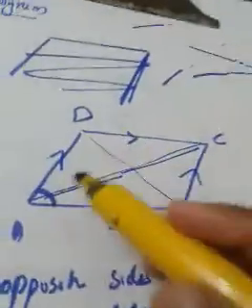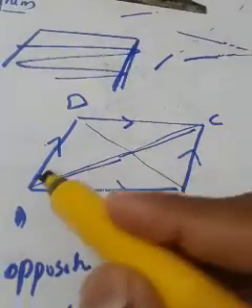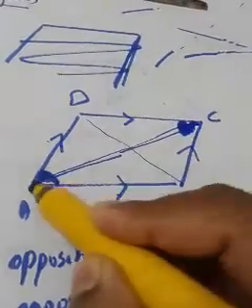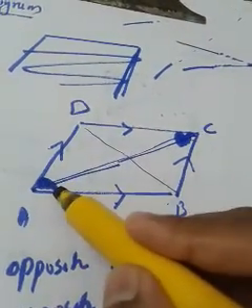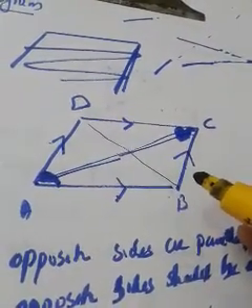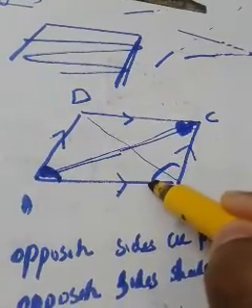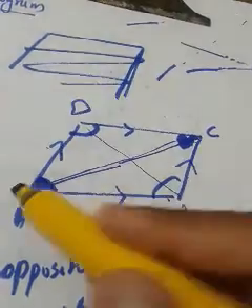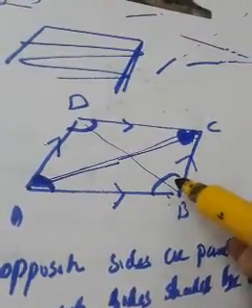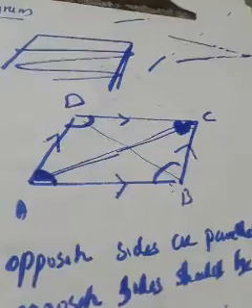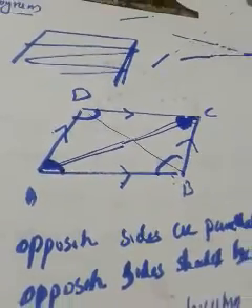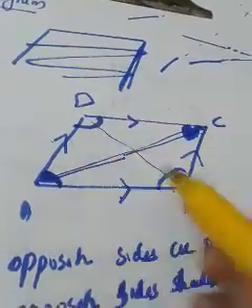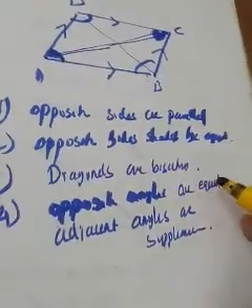It means that in a parallelogram, opposite angles are equal. Which is the opposite angle of A? Angle C. That means angle A and angle C should be equal. It means if it is 30 degree, it also should be 30 degree. And which is the opposite angle of B? Angle D. If it is 50 degree, it also should be 50 degree. Just like that, opposite angles should be equal. Whereas in the case of rectangle and square, all angles are equal, 90 degree. But in the case of parallelogram, opposite angles are equal. So opposite angles are equal, you may understand.